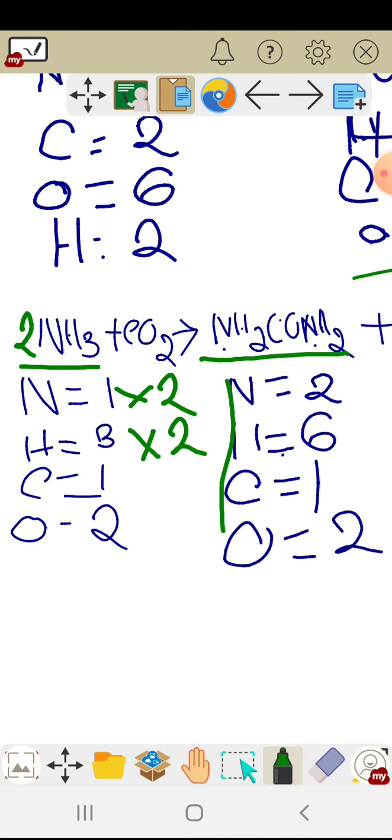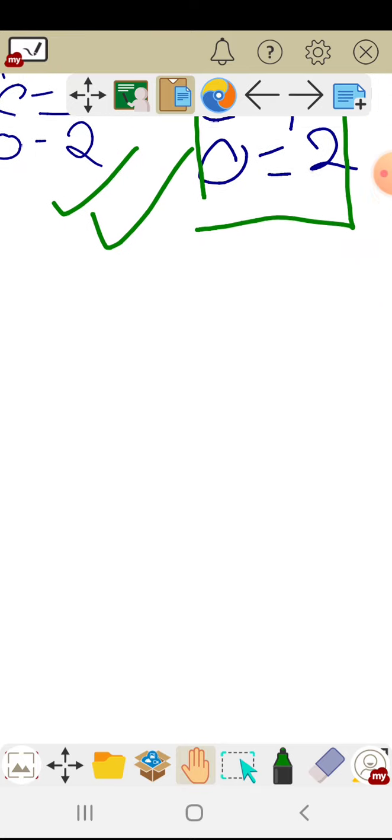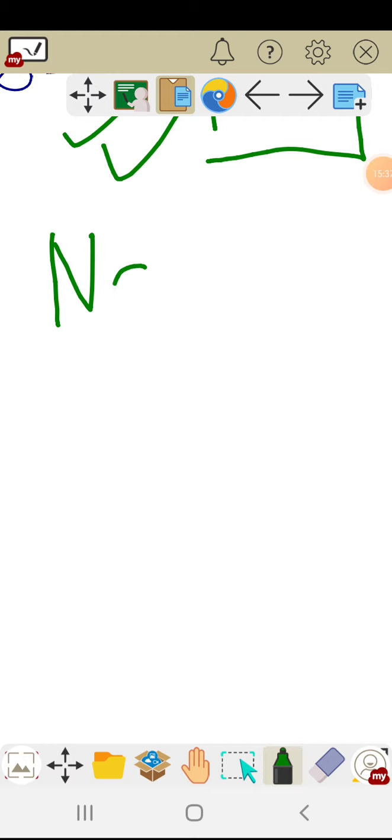If you make a chart like this while you do balancing, it will become much easier for you to catch the concept, which number can be placed before which compound to make a big balanced equation. Okay, so you need to check which can be balanced easily. Okay, another and the last example for today, because the video has crossed 15 minutes. Okay, last example, NaHCO3. Oh, I have taken this one, sorry.